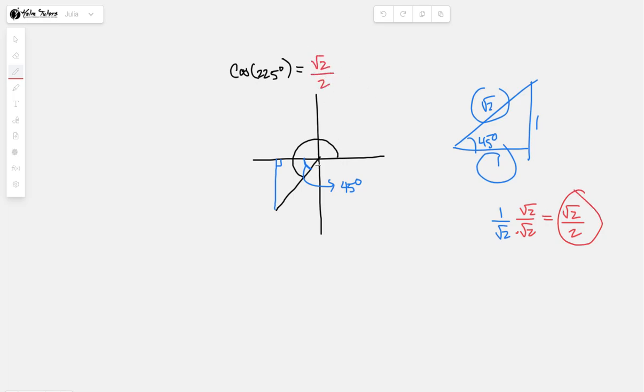The only thing you need to worry about is, is it positive or is it negative? And what do you say? Why? Yeah, exactly. Beautiful. Like we're in the third quadrant. The reference angle and the reference triangle are in the third quadrant. So there, only tangent and cotangent are positive. So all the other ones, cosine and so on, are negative, and therefore you throw a negative sign right there,